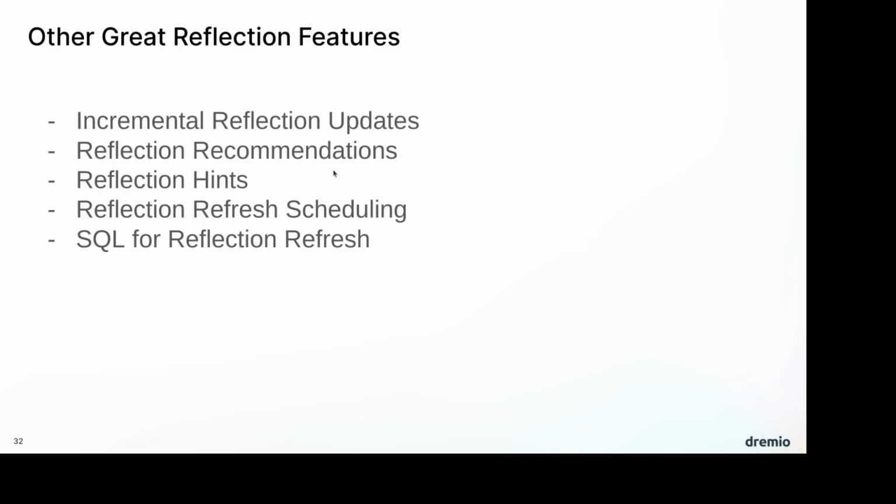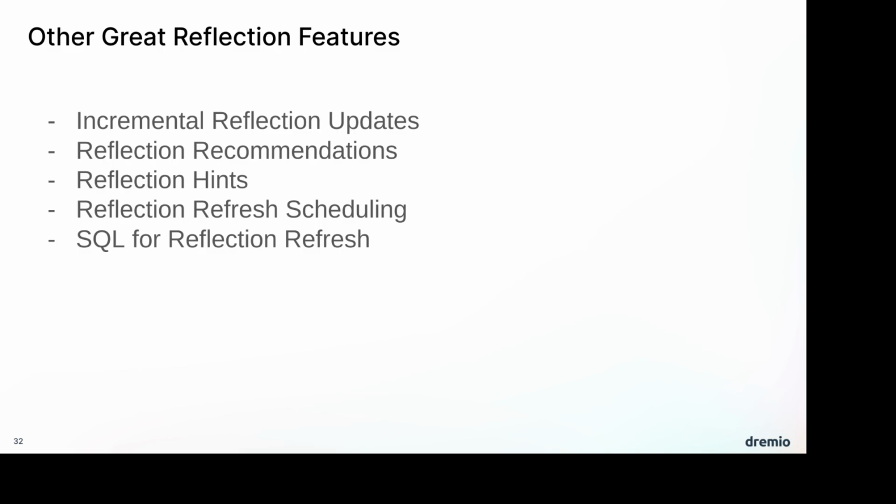Then there's a reflection recommender, okay, and that's one of the issues sometimes people have: okay, great, this is a cool feature, but when do I use it? Sometimes people might overuse it and reflect too many things, so then you might reflect things that aren't really benefiting from it, and that doesn't necessarily help you. So basically the solution is we've created a feature to help you know when to use reflections.